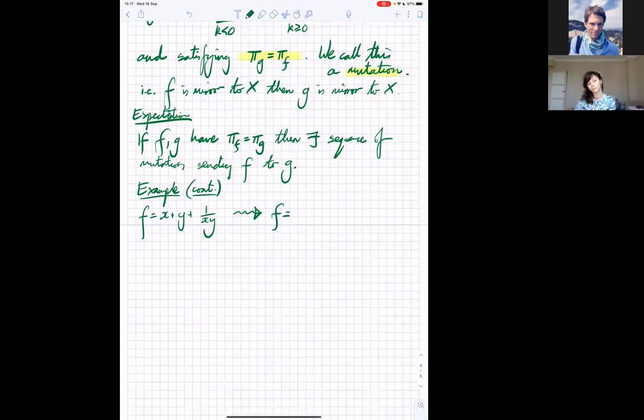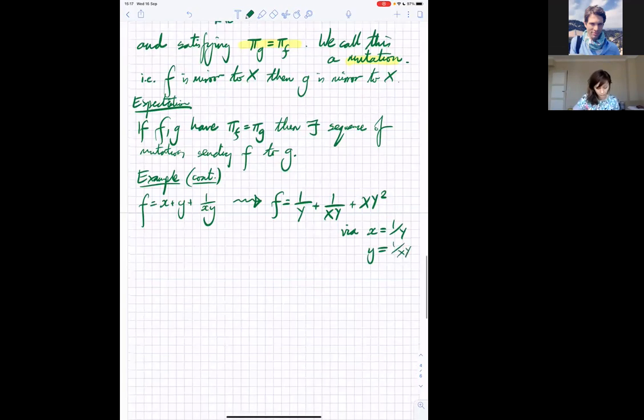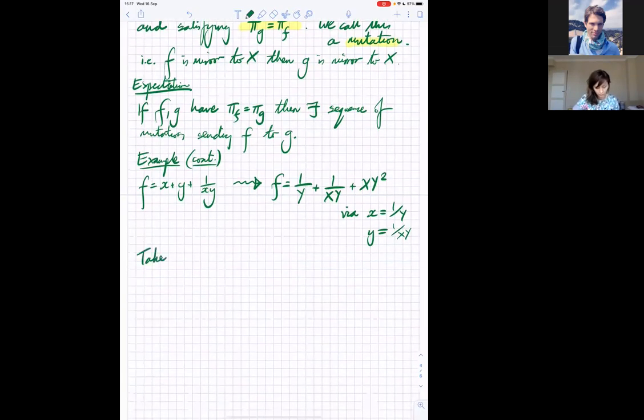I'm just going to write it as 1 over y plus 1 over xy plus xy squared. So I've made the transformation: x went to 1 over capital Y, and y went to 1 over capital X, capital Y. Okay, so I'm going to take capital F, the factor, to be 1 plus X, and this gives